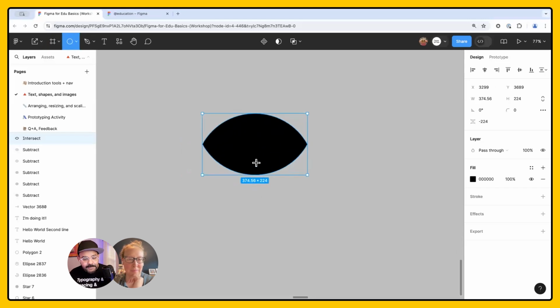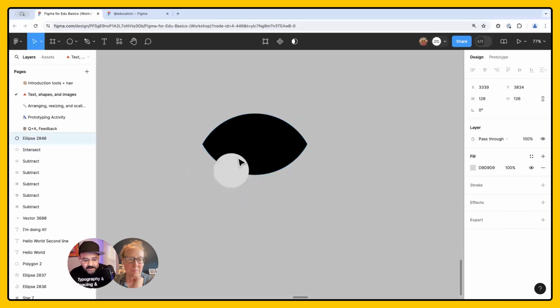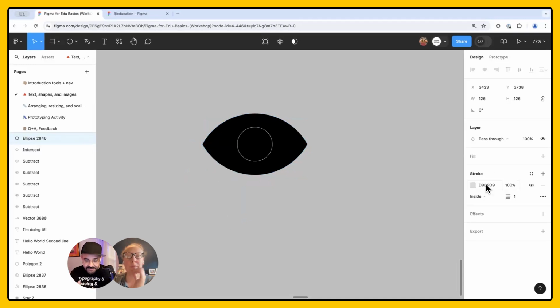And then to get that pupil, I'm going to draw another circle. I'm going to move it here. That circle right now has a fill and it doesn't have a stroke. So to swap those, I press Shift X. And what that did was it moved the fill that I had down into the stroke panel. And I'm going to give it some weight, right? I'm going to adjust those properties.